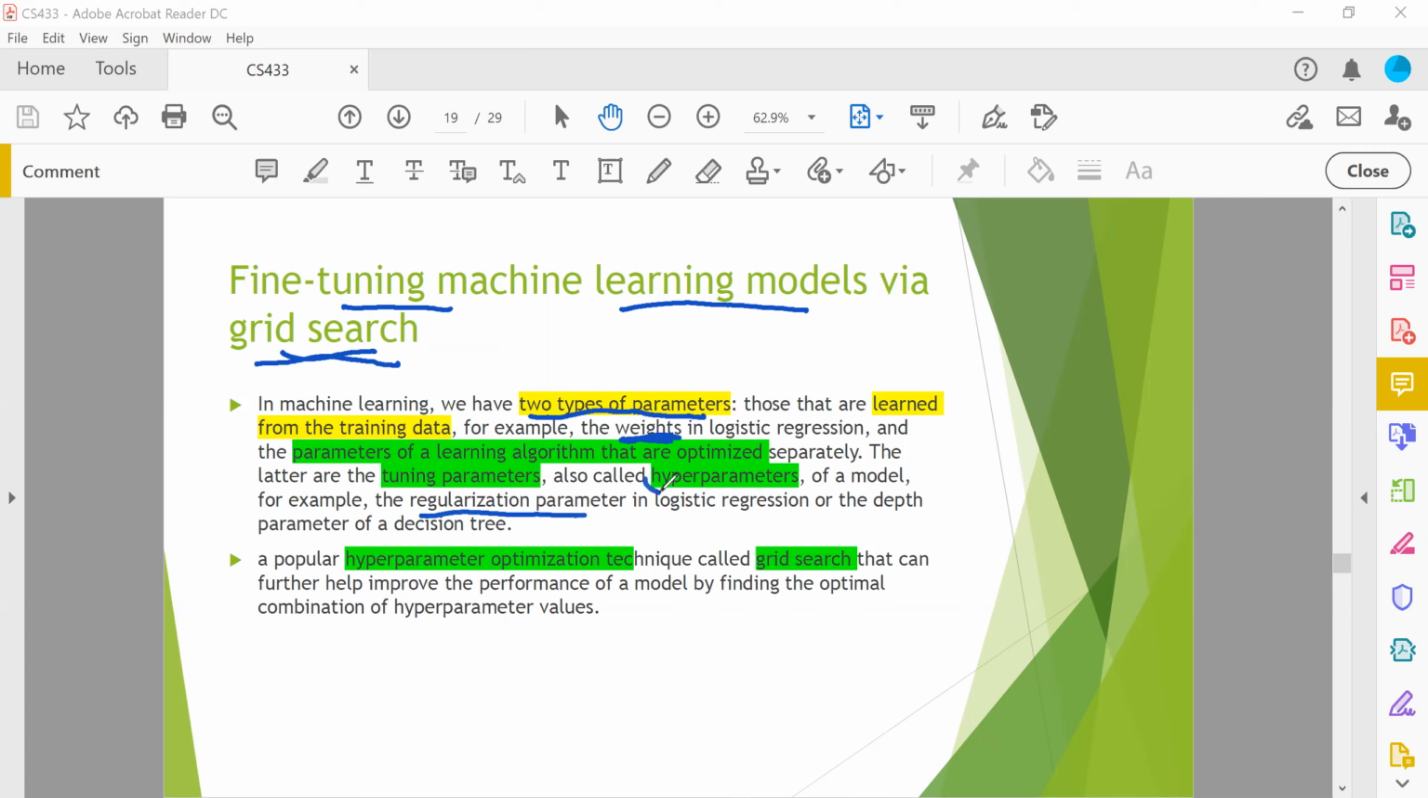We call it hyperparameter. Okay, so hyperparameter, be careful. It's not about weights, okay? It's about the parameters in your model that you can adjust, like over here it says depth of the decision tree, okay? So it includes the regularization